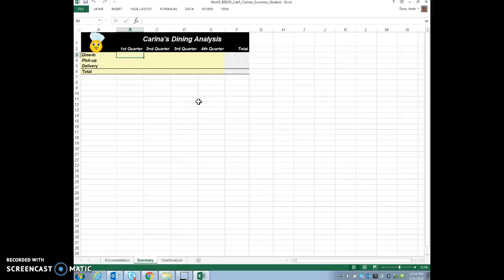Hello everybody. Today I'm going to talk about Lab 5, which talks about 3D referencing and grouping. So, which is a requirement for the Lab 5 assignment. So the first thing first, all you need to do is make sure you download every single